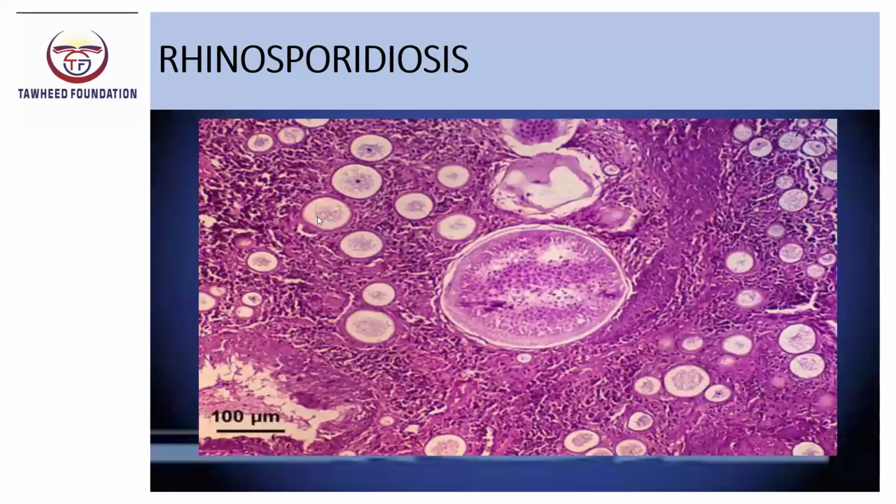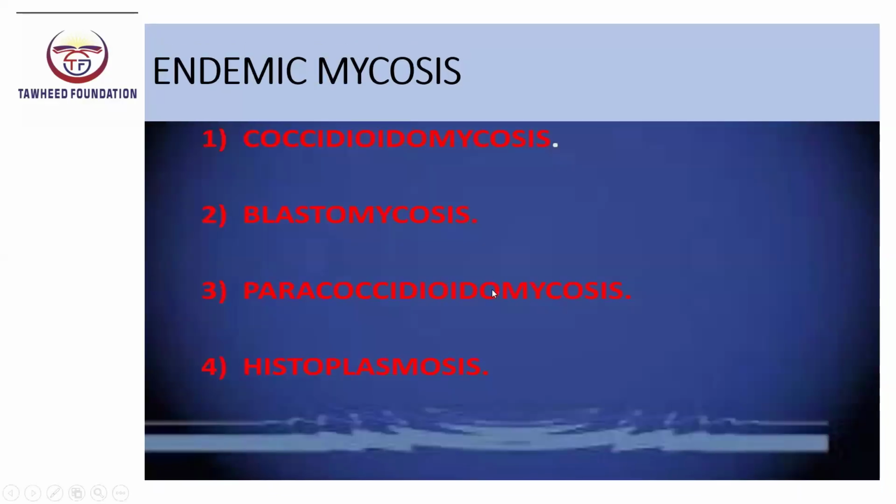This is a microscopic feature of rhinosporidiosis. Endemic mycosis. In this, there are four mycoses: coccidioidomycosis, blastomycosis, paracoccidioidomycosis, and last is histoplasmosis. We'll study each of them in detail. First is